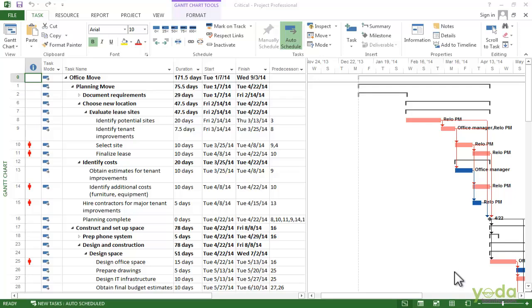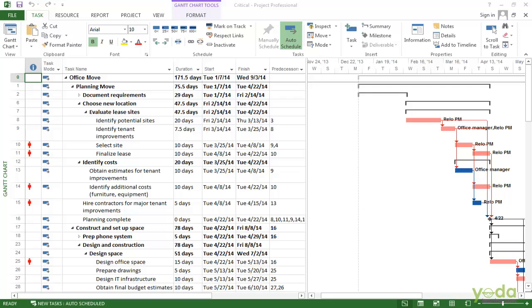The critical path is the longest linked sequence of the tasks in a project and runs from the start of the project to the finish. That means changes to the start and finish dates for tasks on the critical path also change the project finish date. As you plan and manage projects, you will look at the critical path to see where you can shorten the schedule or to watch for delays that threaten to delay the entire project. Fortunately, Project makes it easy to keep an eye on the critical path.